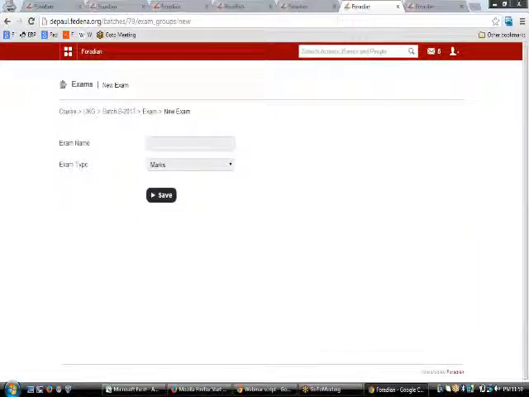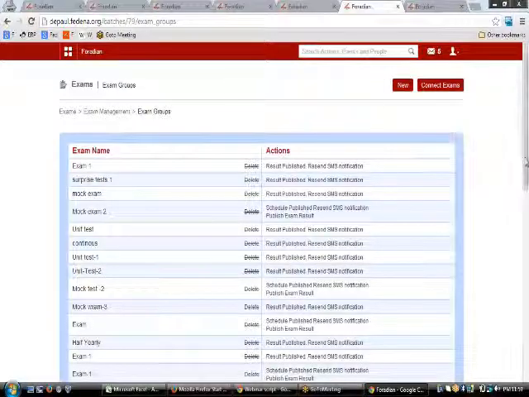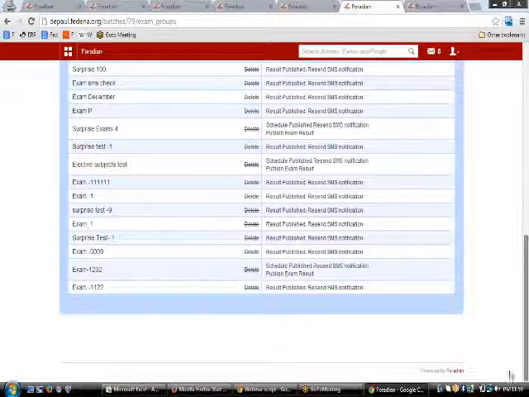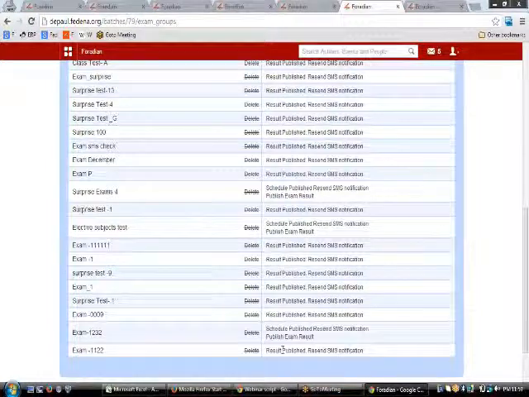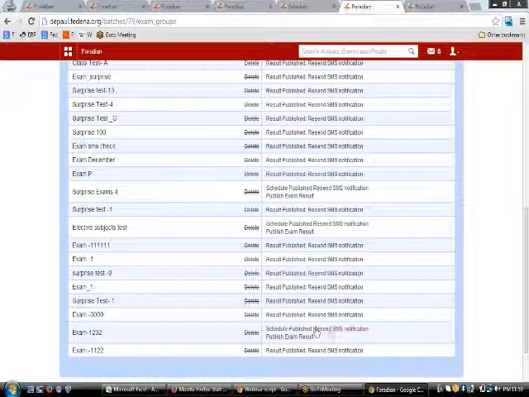So just click upon new here, type the name of the examination, and then the exam type, whether it's marks, grades, or marks and grades. You need to select the save button, and then examinations will be created. So you need to enter the start time and the end time for each of these examination subjects into it then, and on clicking this, you will be able to get a button where you'll be able to publish this exam schedule.